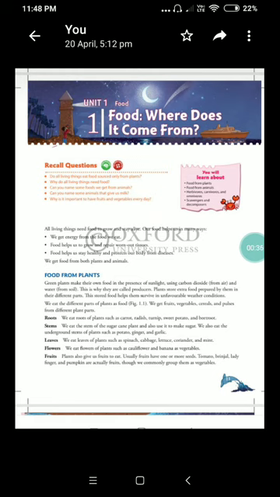Children, we eat food in the morning as breakfast, in the afternoon as lunch and at night as dinner. But children, what is food? Different kinds of food we eat in our day-to-day life, like chapati, rice, dal, vegetables, fruits, chicken, fish. But what is food? Let's learn about food. The substance eaten by humans and other animals to get energy for various activities, for growth and development, is called food.